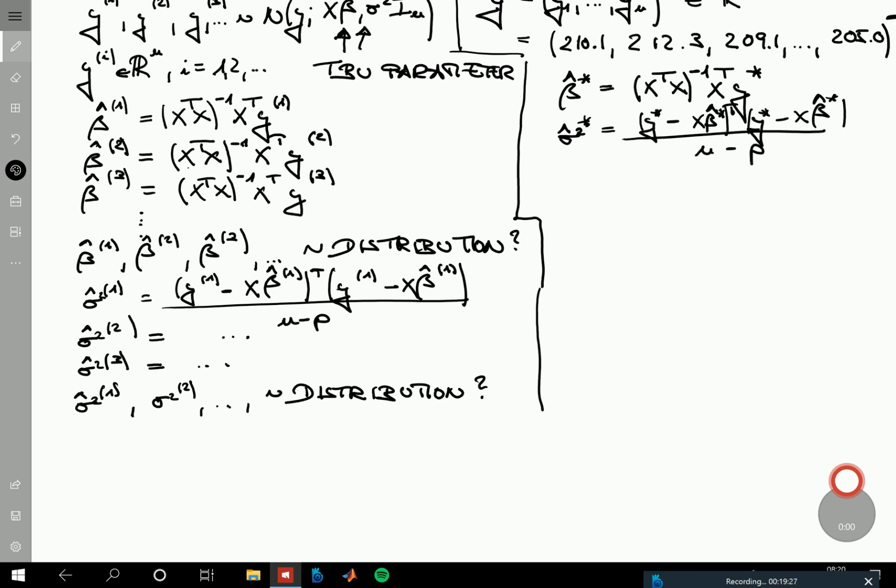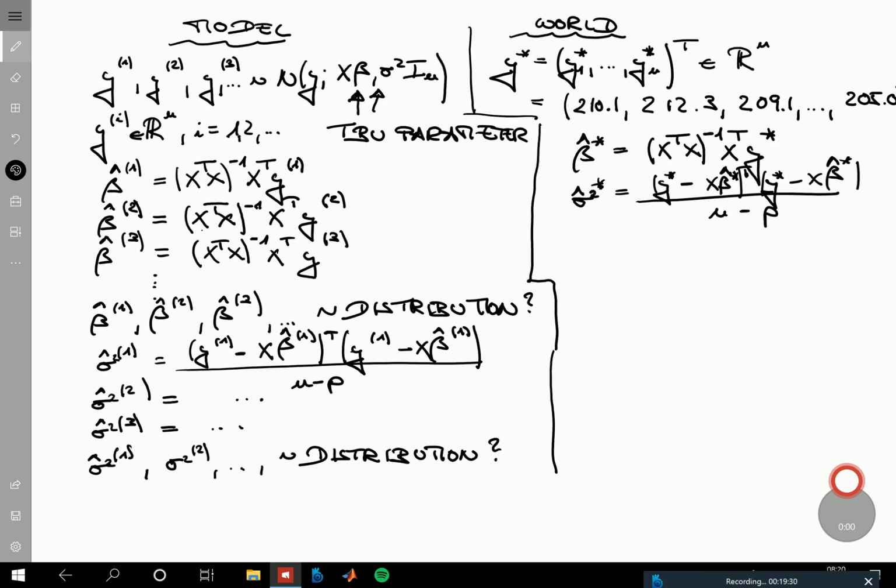So that's the very important frequentist logic to that. In theory, the theory you impose on your data is that you say this is one of the many possible realizations I could have from my model, for which I don't know the true but unknown parameters, and I will never know, but I can estimate them, and I can now basically use the distributions that result from the data distribution for the beta parameter estimates and for the variance parameter estimates to compare my observed beta parameter estimate and my observed variance parameter estimate. And